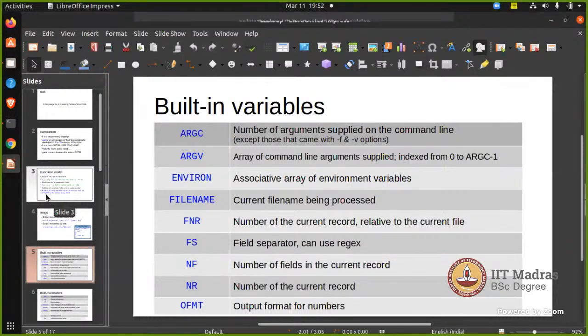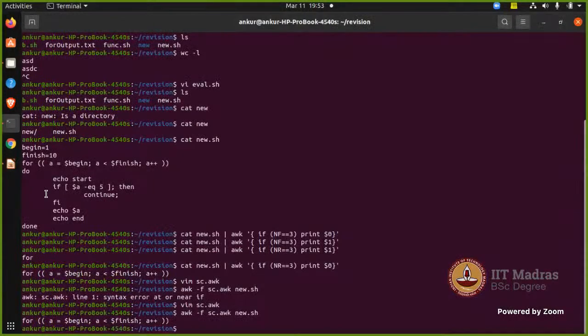Now there are built-in variables. Somebody was asking what is NR. This is part of these slides. Okay, so these variables you can set as you want to use them. The widely used ones are the field separator, FS. The field separator is the one that I was talking about: how do you want to view your fields? That depends on the field separator. So there's no fixed format for it. It all depends on your file and its usage. For example,